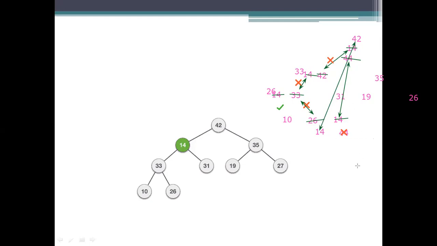So whenever you are going to delete an element, what we need to do? We need to start with the comparison also. And we won't delete the root node at once. What you have to do?